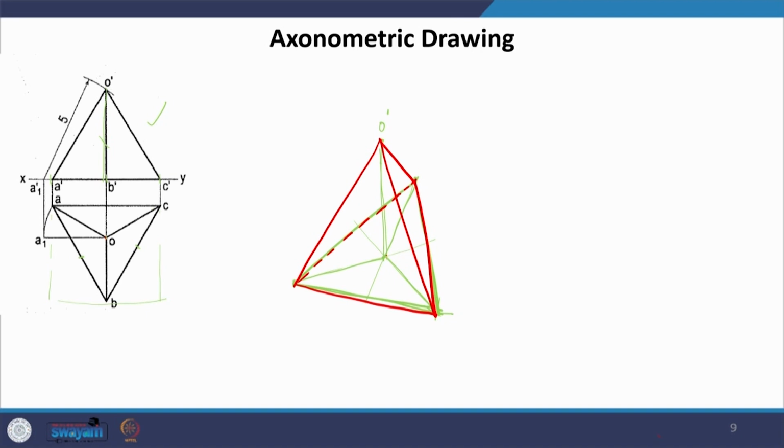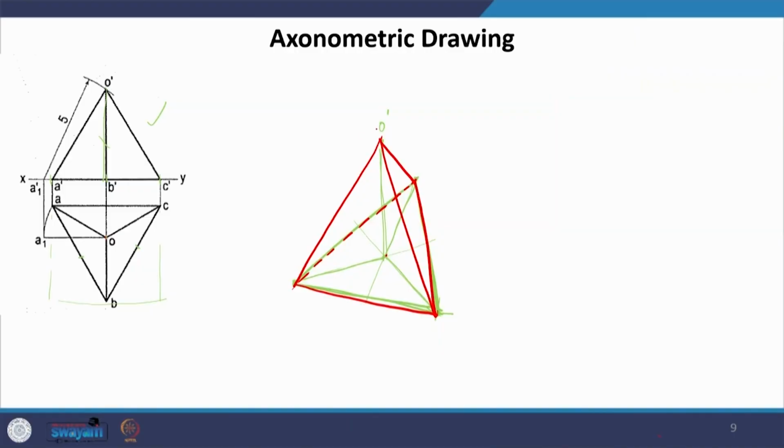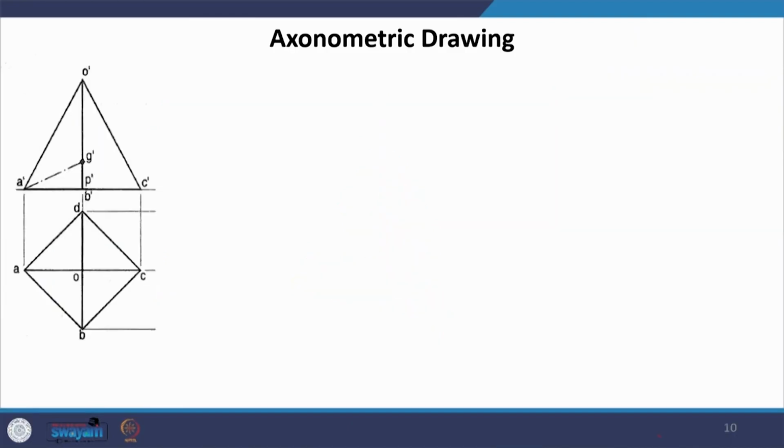The simple thing about axonometric is there is no difficulty in drawing the plan. Whatever you see in the orthographic is what you draw here and just provide them with the height, which is what I had done here, and we arrive at the 3D, the axonometric of this pyramid. You can look at another example, and I am directly going to draw without any reference rectangles here. So, what we have here is, again you can see that this is 45. So, if we were to draw it directly, this one will be seen as 90,